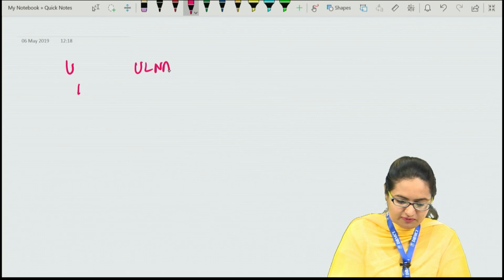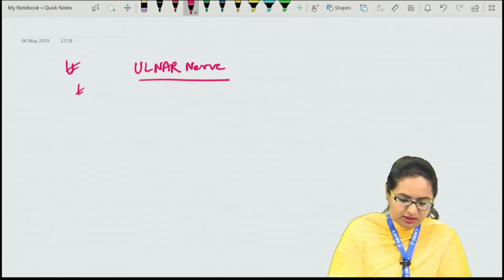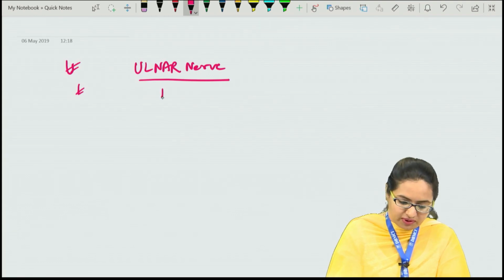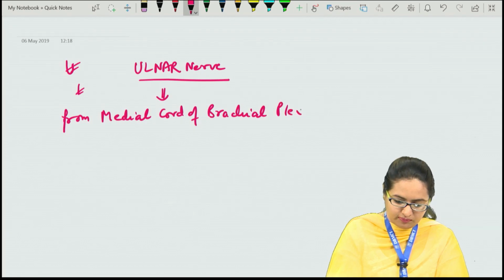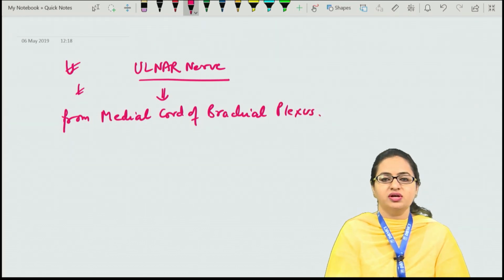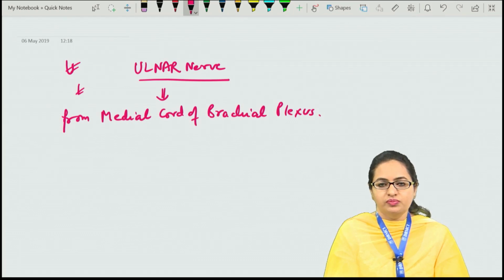Regarding the ulnar nerve, now this ulnar nerve is one of the branches of the medial cord of the brachial plexus. From the medial cord of the brachial plexus, we have various branches, that is the medial cutaneous nerve of arm, medial cutaneous nerve of forearm, then we have the medial pectoral nerve, the medial root of median nerve, and